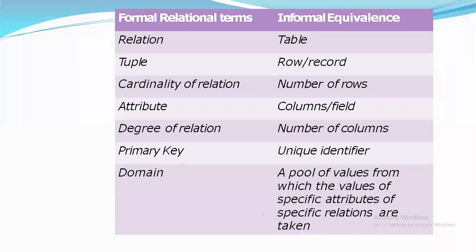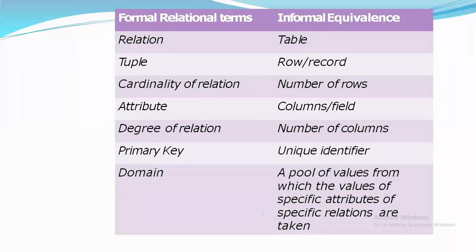Cardinality is nothing but the number of rows of a relation. If a relation contains 10 tuples, then the cardinality is 10. If it contains 20 tuples, then the cardinality is 20. When the relation contains 40 tuples, tuple means rows, 40 rows or 40 tuples, then the cardinality of the relation is 40. Cardinality is nothing but the number of tuples in a relation. How many rows or tuples a relation has, technically we call that cardinality.